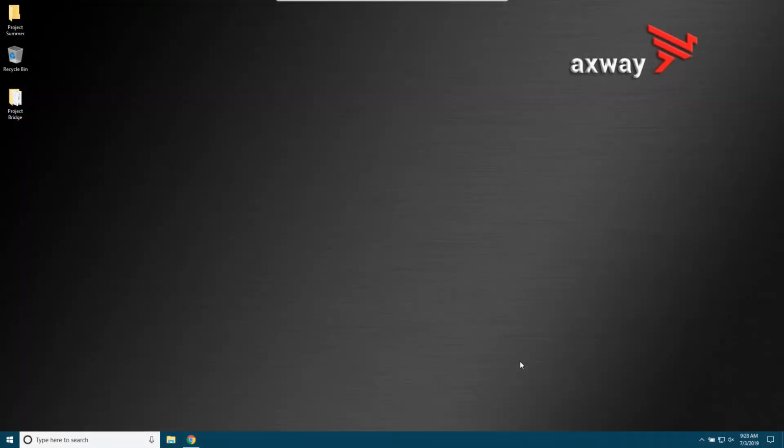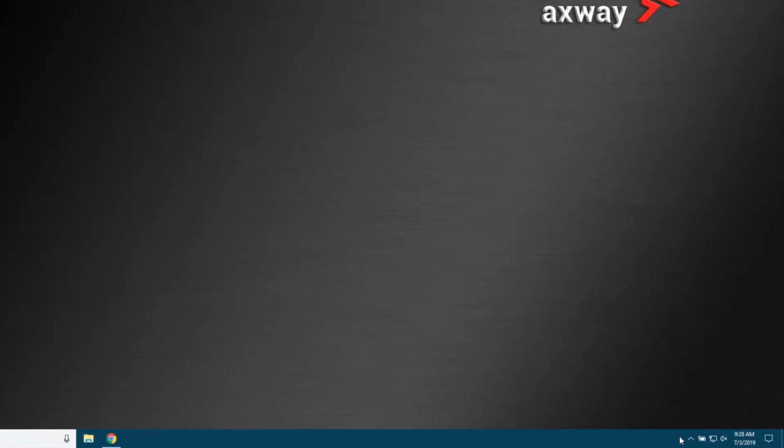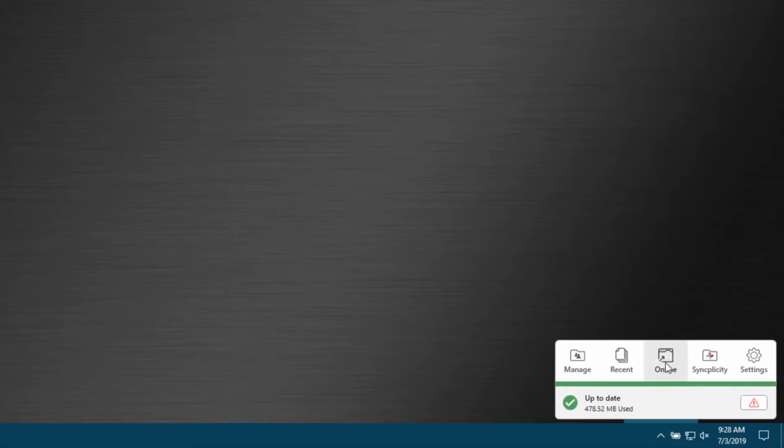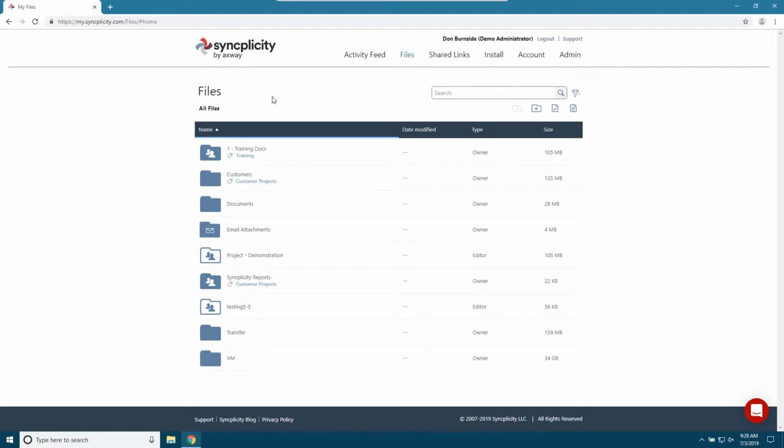Today we're going to look at search in Syncplicity. To do this, we do need to open the web browser. And for us to do that on Windows, let's click on the up arrow, go into our Syncplicity app, and then click Online. Once online, we'll be brought to our files just like you'd expect, and then you're going to have this new